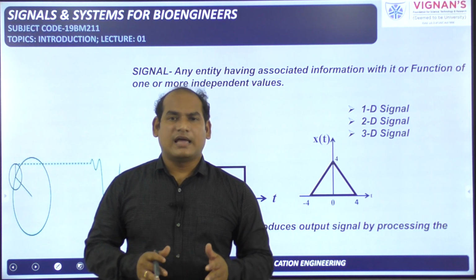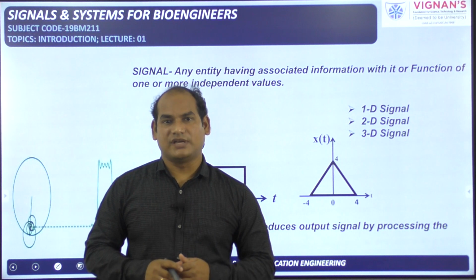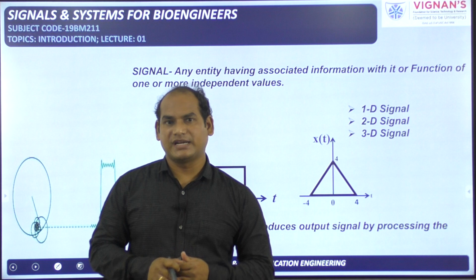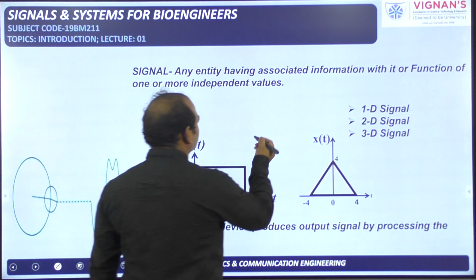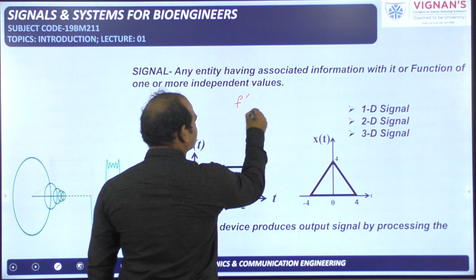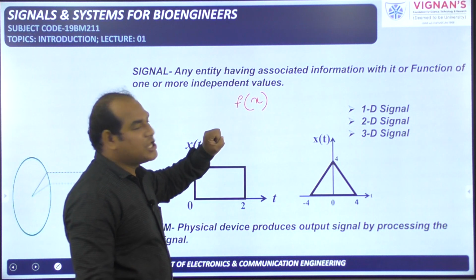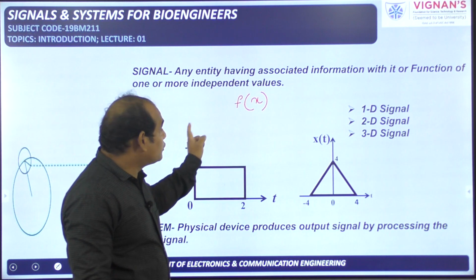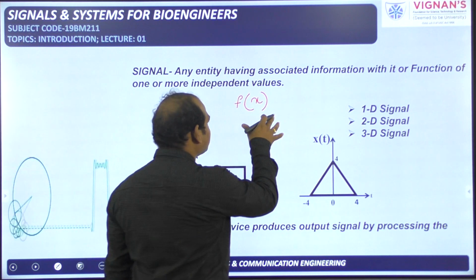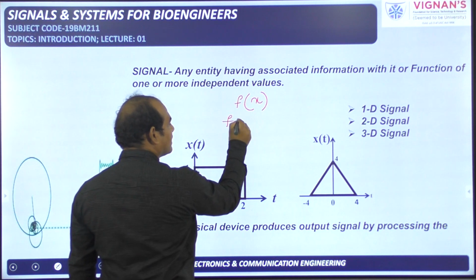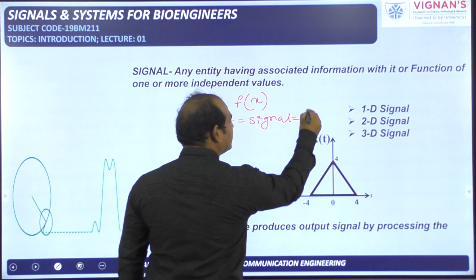Okay, and another definition for a signal is a function of one or more independent variables. A function of one or more independent variables, with that definition we will start here. That is, for example, f of x is there. f of x is one signal. I am telling it is one signal. If you observe this one, two letters are given here, one is f and the second one is x. What is the signal here? f is the signal, and f can also be taken as the dependent variable.